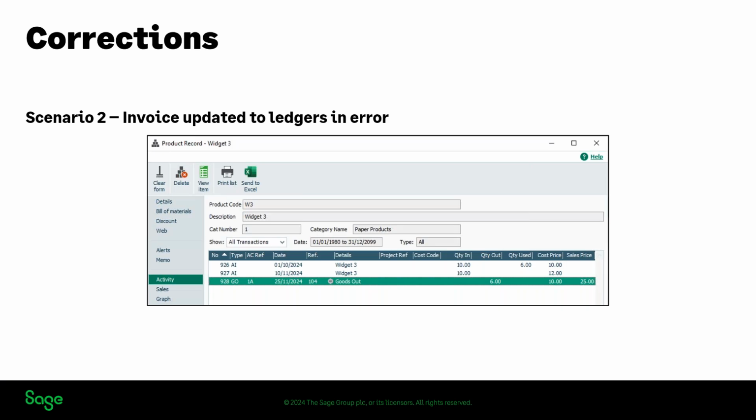Scenario number 2 is something that I covered in a little bit of detail yesterday when we looked at corrections for invoices and orders. And it's where you've entered an invoice and you've maybe updated it to the ledgers in error. So when you do that, if you've got stock items on that invoice, it'll adjust when you post it to the ledgers. You'll have a goods out transaction posted against that product. And again, it uses that first in, first out principle. So it's going to look at the first transaction on the list